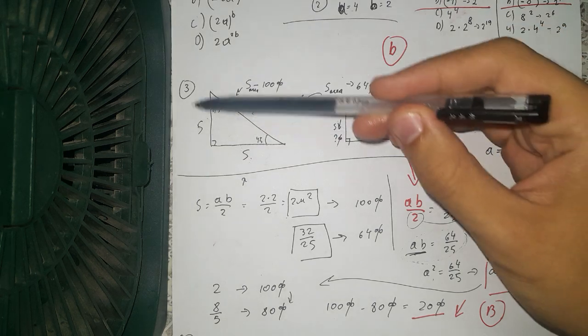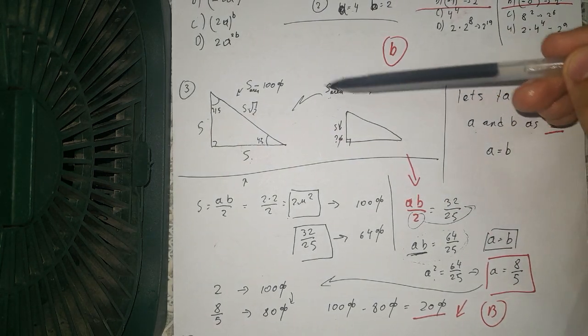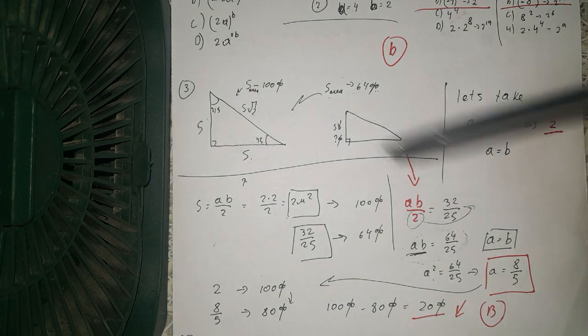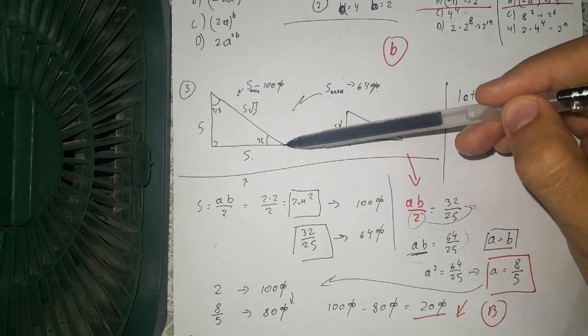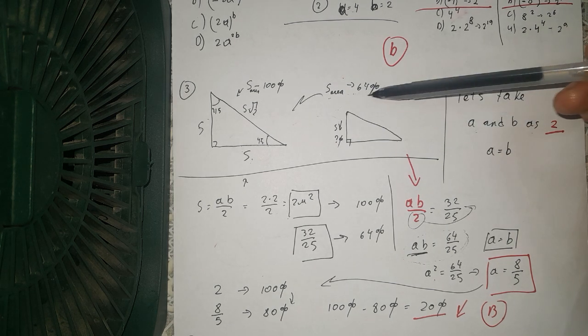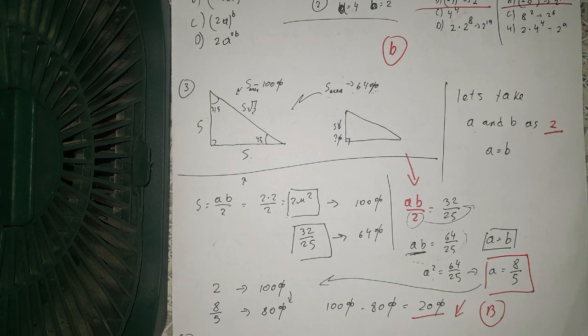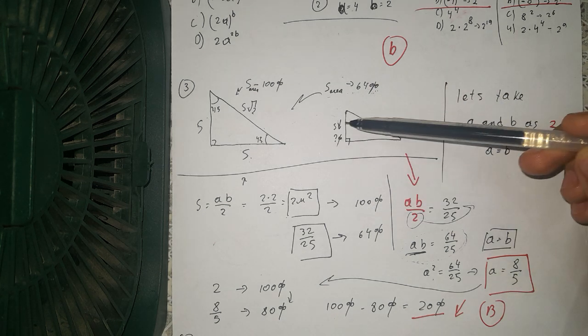So if this is 100%, this is 64% of this. The area of this is 100, and the area of this is 64% of this area. So we have to, and the question said that